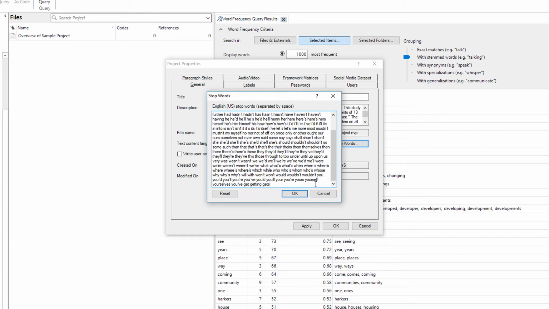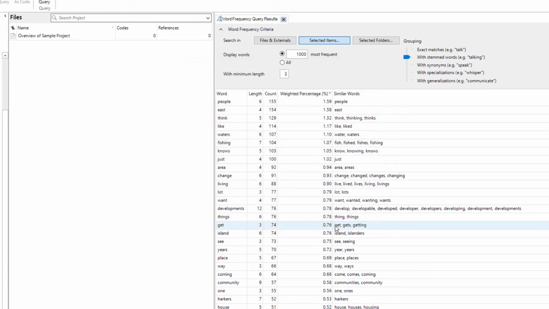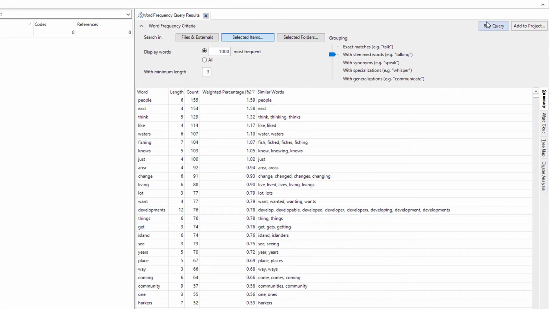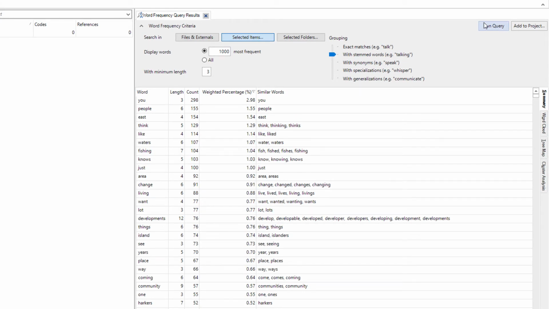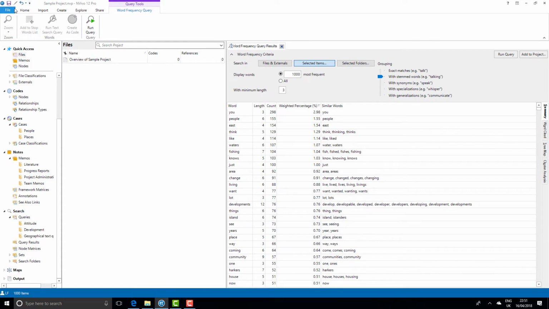The words are in alphabetical order, so it's easy for you to see what's included in the list, but you can add new words at the end of the list. NVivo will automatically put them in alphabetical order when you click OK. While I'm here, I also want to delete you from the list. I click OK and OK again. Now I will rerun the query and you'll see you is the most used word. Going back to the stop words list,